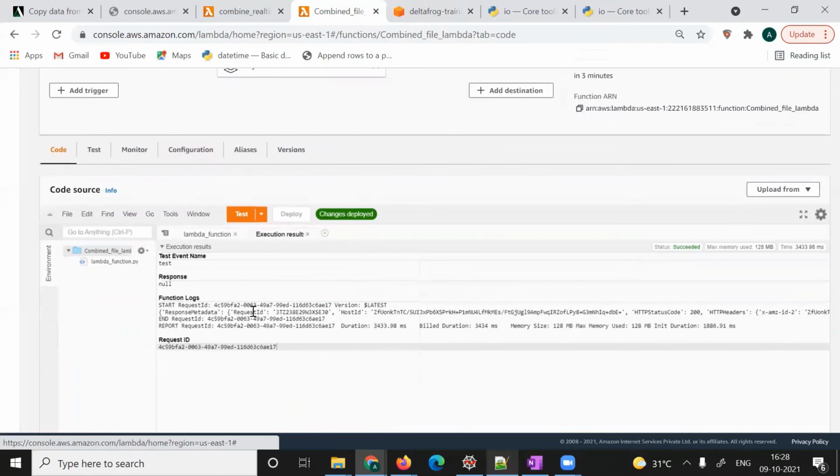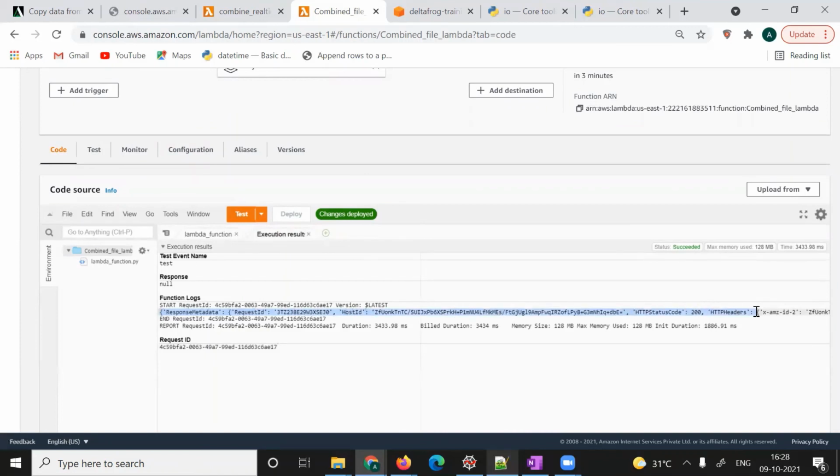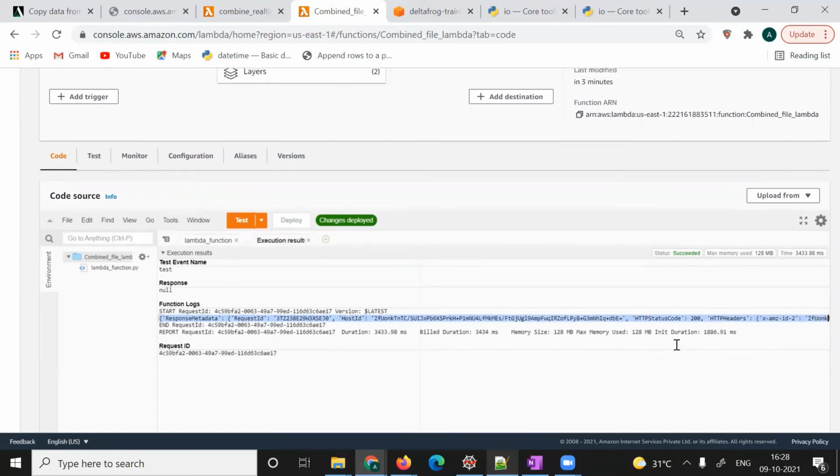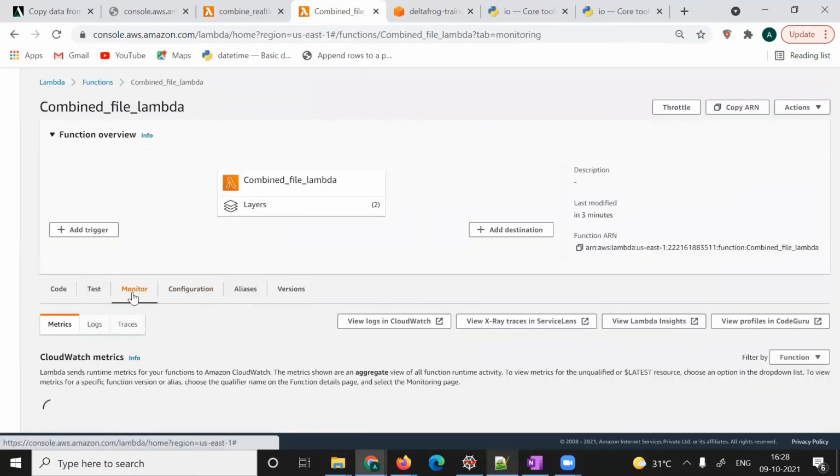You can see we have got this as a response. From this response JSON, we have to pick the file name. So it's better to go to monitor and get the log from CloudWatch.